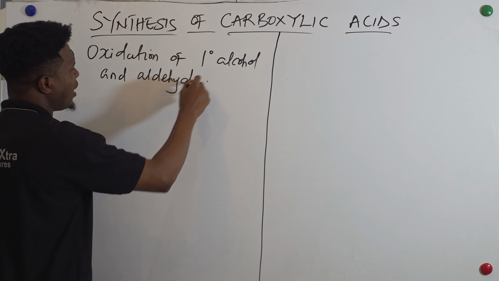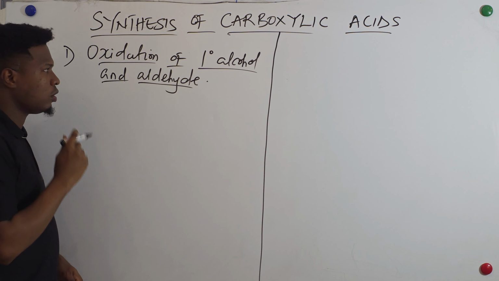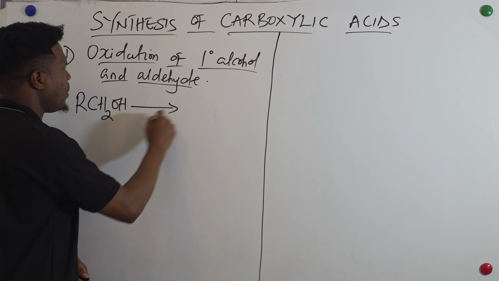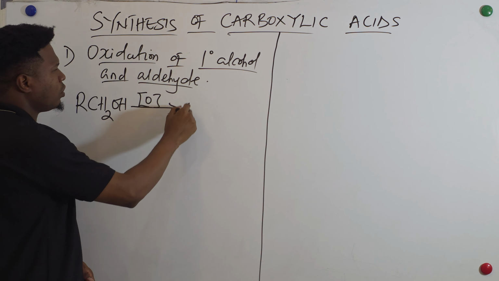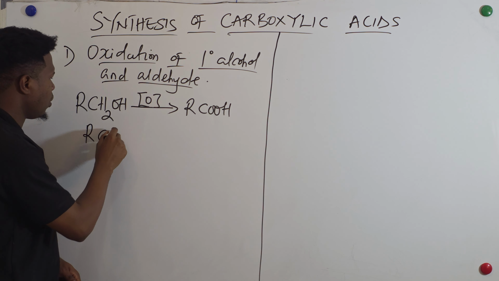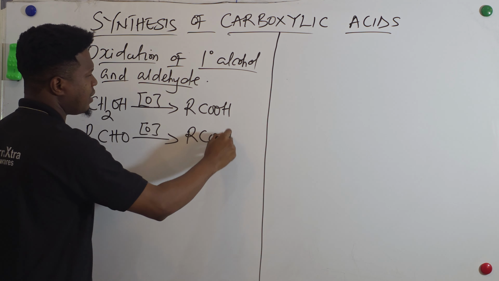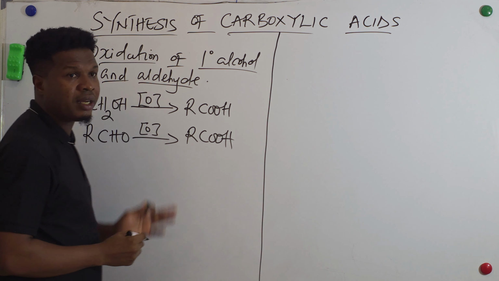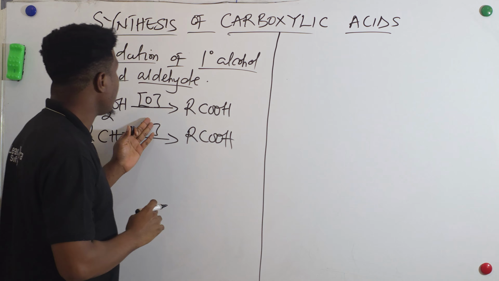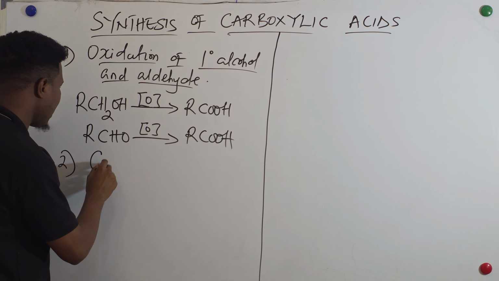If I have a primary alcohol, it undergoes complete oxidation to give a carboxylic acid. An aldehyde functional group also undergoes oxidation to give a carboxylic acid. You already know the reagents for oxidation, so I'm not going to talk about that. So that is a method of producing a carboxylic acid. Number 2 is carboxylation